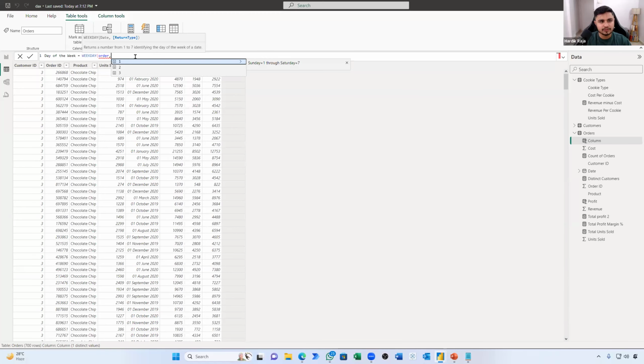I will just go and delete this. Let's say you want to go with the second option. The second will have its own explanation. Second means Monday is 1 and Sunday is 7. So if you're someone who wants to follow that, you can go with this. But as a business owner, Sunday is very important, and start of the week, I will go with 1. And I will click on close bracket and enter.